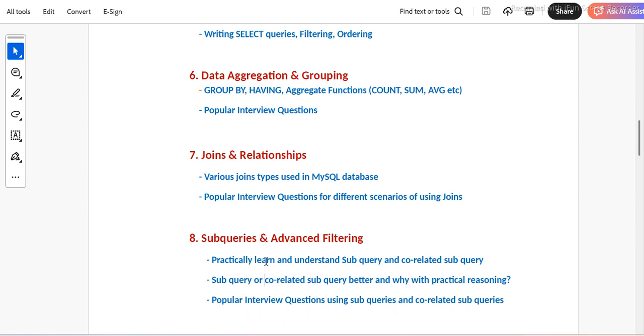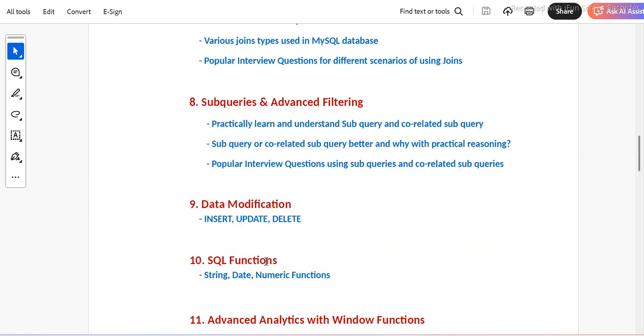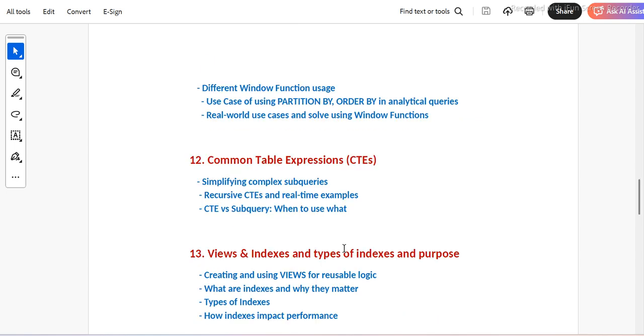Yes. Now the next topic we are going to cover is data modification, guys. Insert, update, delete specifically. So we'll be practicing all of these things, and then SQL functions. I have not mentioned everything here, but when I take this particular workshop, we are going to cover so many details. This is just a high level, that's why I'm saying, right? Now, string related functions, date related functions, and numeric functions, because these are the major functions that we use in SQL. We are going to cover everything about it, different functions, right?